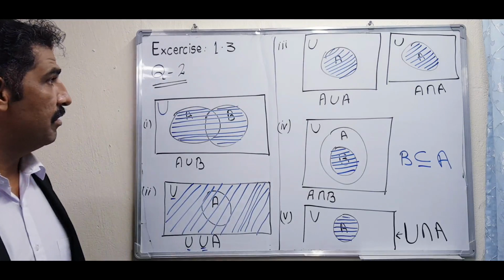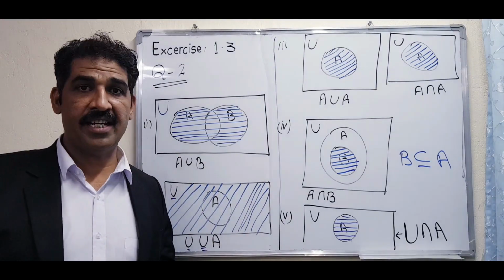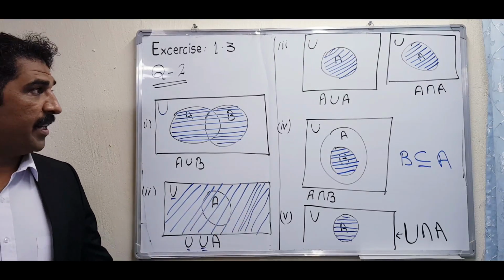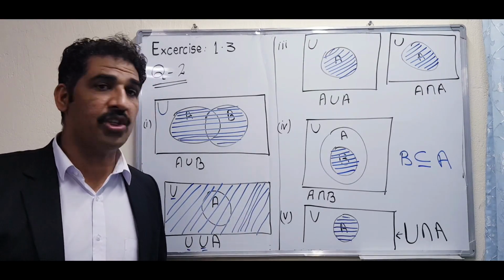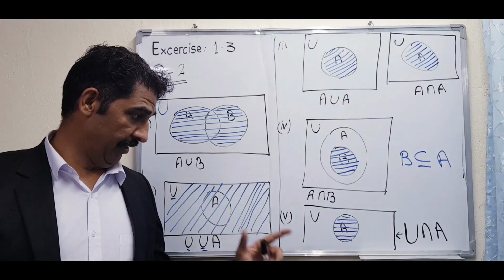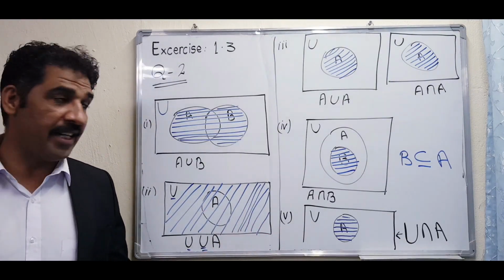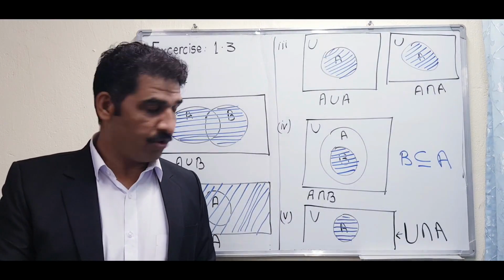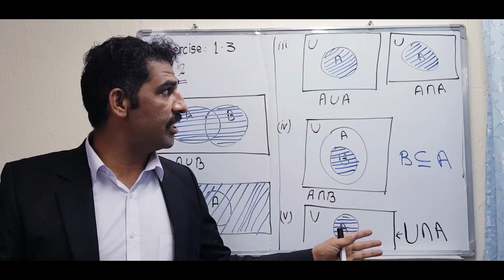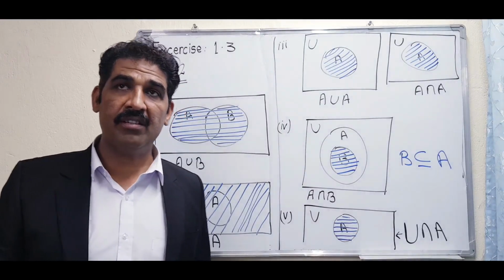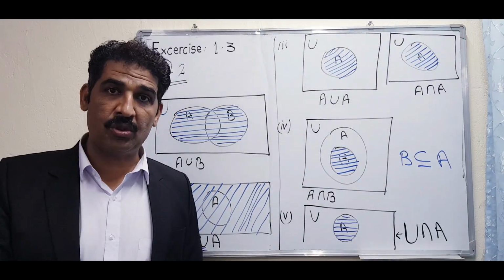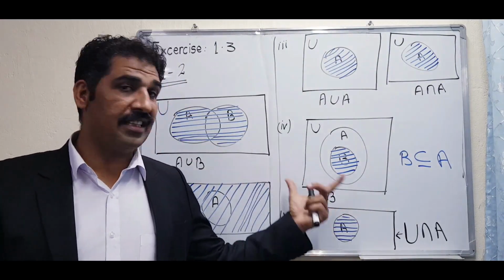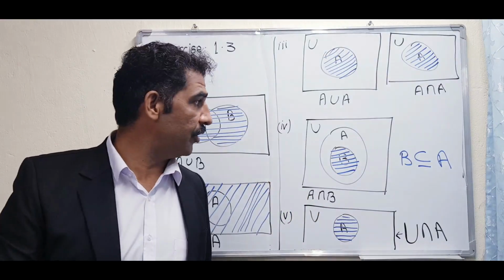Question number 2 has 6 parts, and I explained all the parts. Question number 1 has 4 parts, of which I explained 2, and 2 are an assignment. Question number 3, you will also solve with the help of your own mind and intelligence. If there is any confusion, you can ask questions in Zoom class. Now, write all these questions in your notebook. If there is any confusion, we will discuss the problems you are facing in this exercise in Zoom class. Okay, thank you and Allah Hafiz.